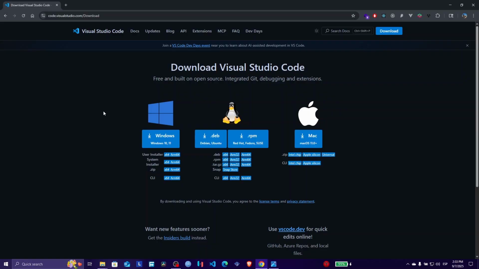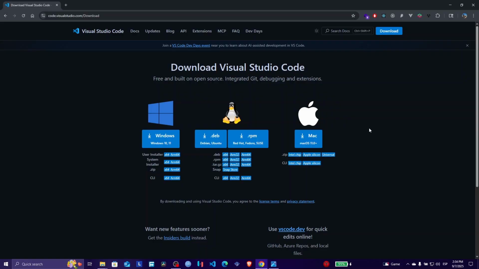According to the operating system that you'll be using, it's the option that you'll be choosing here. In my case, as you may see, I am on Windows 10, so I will be choosing this one. But if you guys are on any kind of Linux distribution or Mac OS, you just gotta click on these ones. Once you have the file downloaded, you just double click on it, and then you'll be proceeding to the installation guide. You just click on next, and you'll be having Visual Studio Code ready for building your